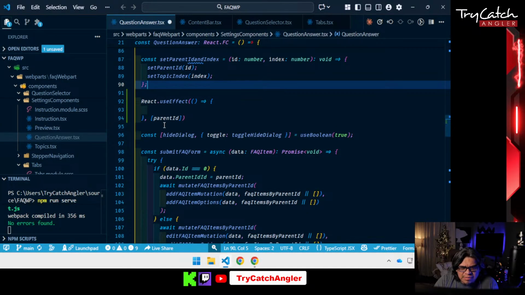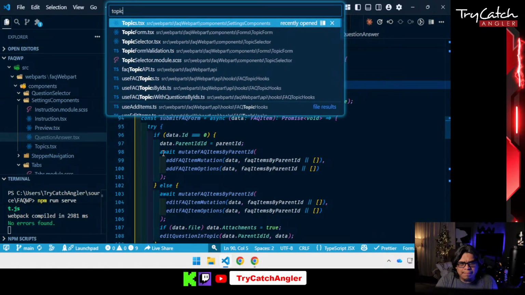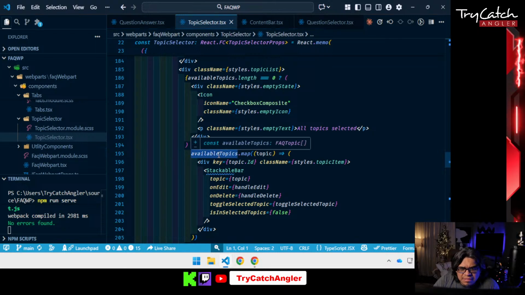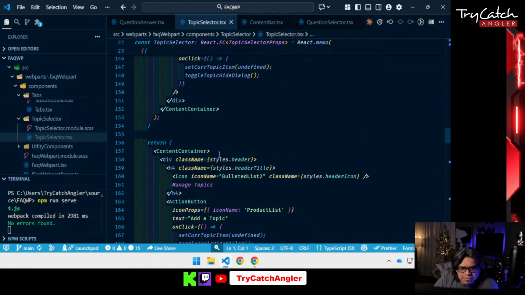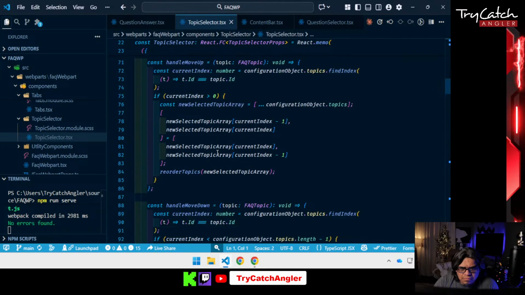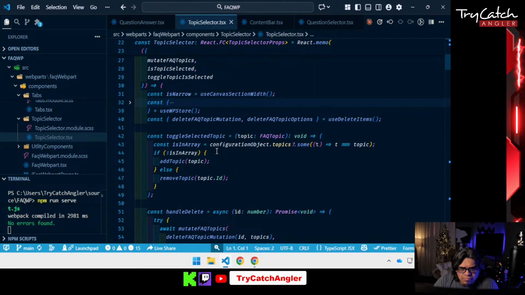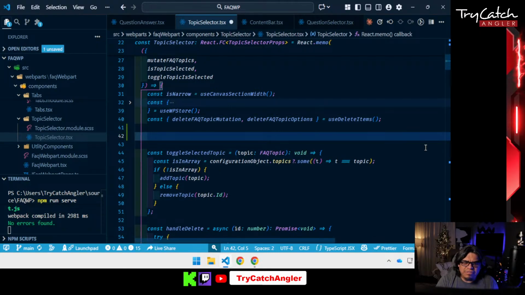Where I left off the last time, I was going to set this up to be the first parent, but I think there's another way that this can be set up, and that is in the topic selector. In the topic selector, we're gonna create a function that's called